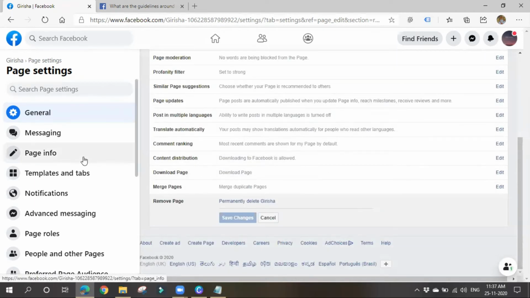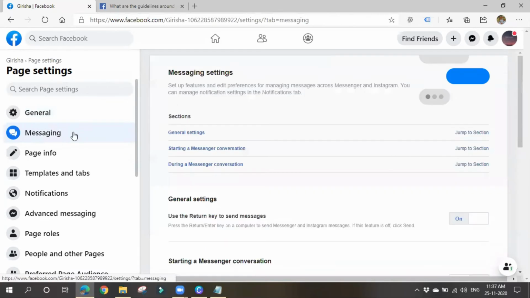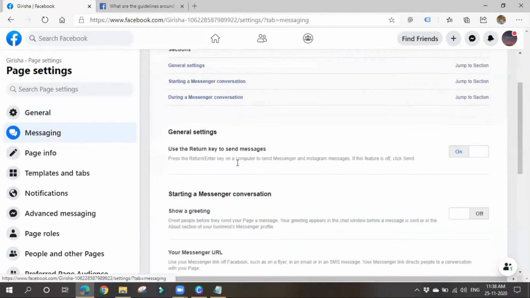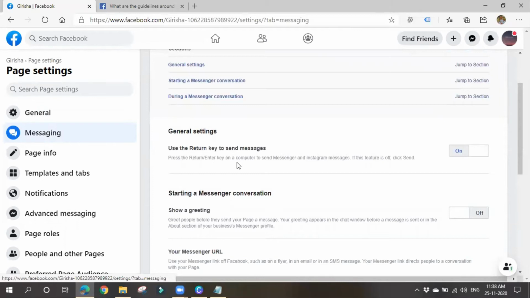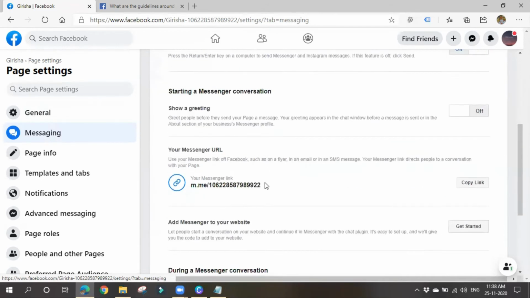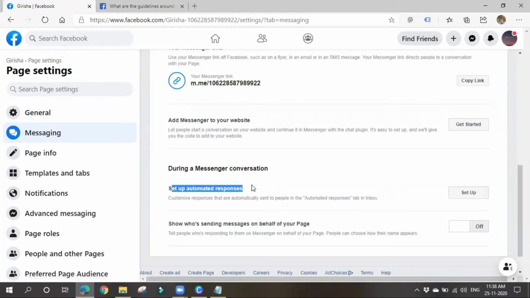Okay, right. Next thing is let me go for messaging and all. So what is this in case of message settings? Okay, so in case of message settings, we can also set up automatic replies or instant message replies in our page. So you might have seen, whether the owner may be present or not, if the owner is not present also, automatically the system will be giving a reply. You'll be getting a system reply. Have you seen that?